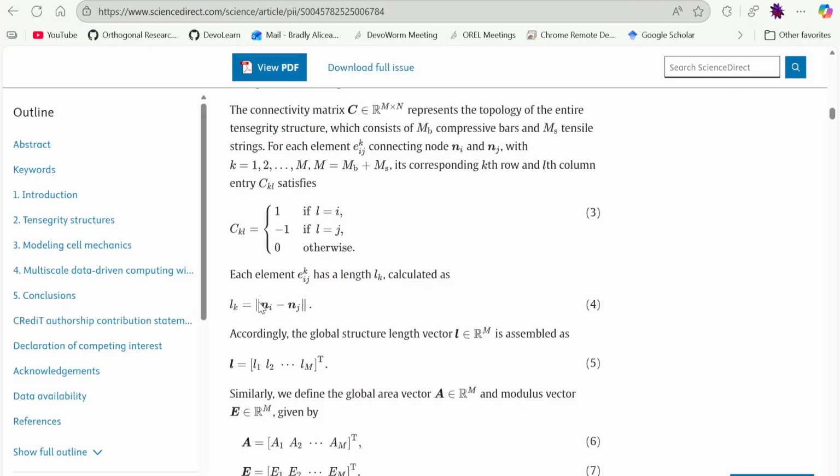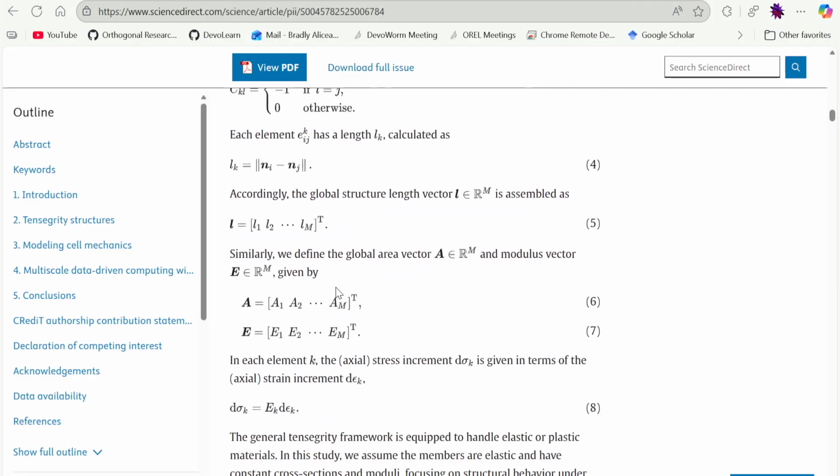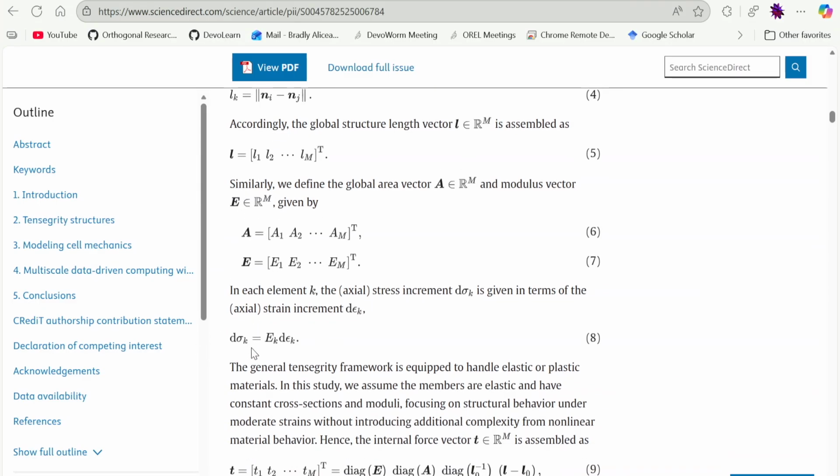The length is either I or J, calculated here. Accordingly, the global structure length vector is assembled here. We define the global area vector and modulus vector given by capital A and capital E. In each element K, the axial stress increment, which is here, is given in terms of the axial strain increment,